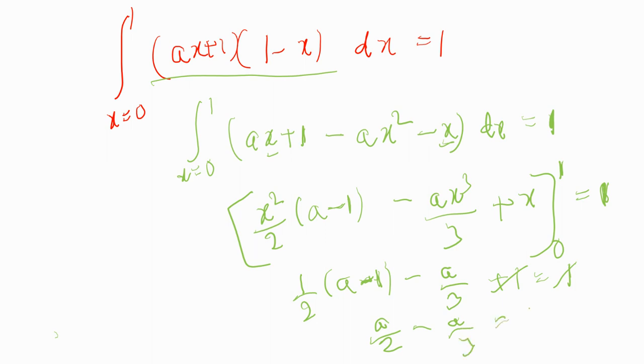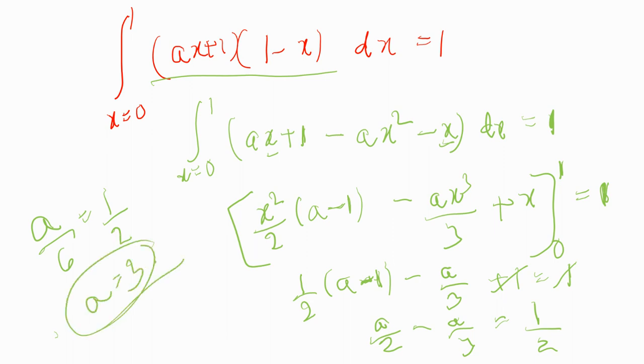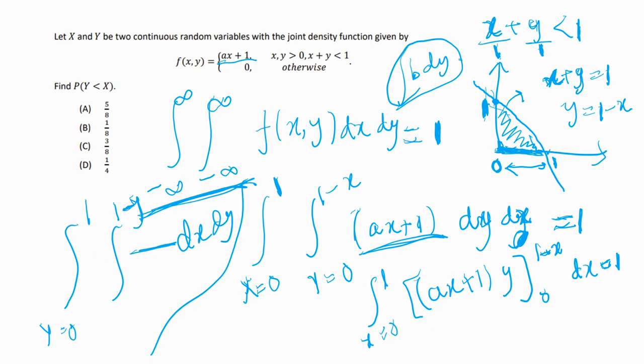a by 3 is equal to 1 by 2. So that one will be 3a minus 2a. So it will be a by 6 is equal to 1 by half. So a is equal to 3 will be the answer. So now we know f(x,y) is equal to 3x plus 1